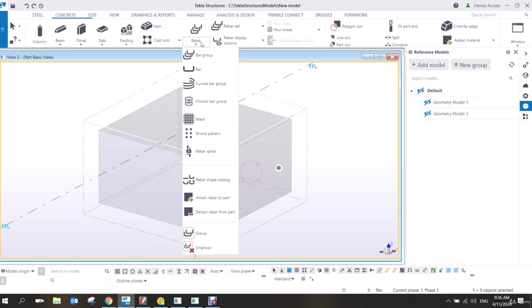And then you can also create a strand pattern. So the strand pattern, actually this one is mostly used in precast, like a hollow core section, or maybe a pre-stressed beam. So you have a strand pattern there. And you can also do some rebar splice. And then